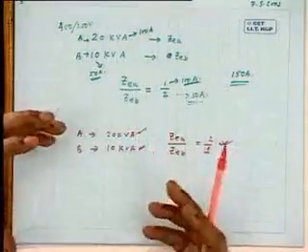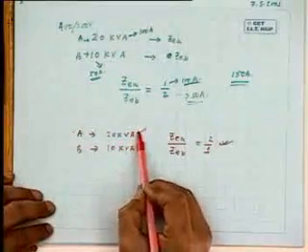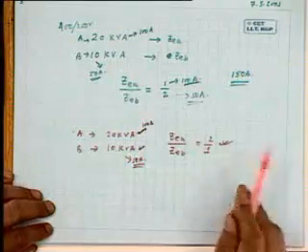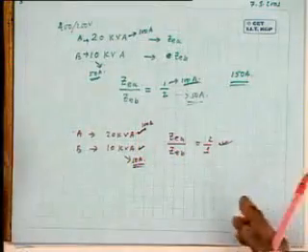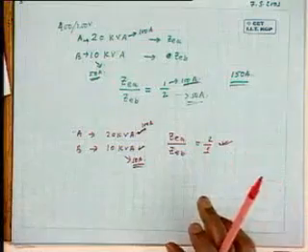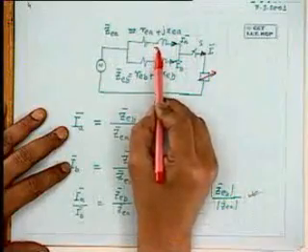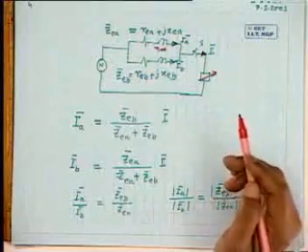Suppose you have purchased these two transformers and you want to withdraw the maximum kVA, passing the rated current, is it not? What is the rated current of the 20 kVA transformer? 100 ampere, we know. And of the other, 50 ampere. Now suppose we load the transformers so that transformer A supplies 100 ampere. You go on reducing the load impedance and try to see that this current reaches 100 ampere. But at that time, what will be the current in transformer B? 200 ampere, and it will be overloaded.